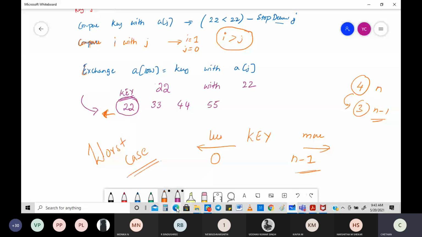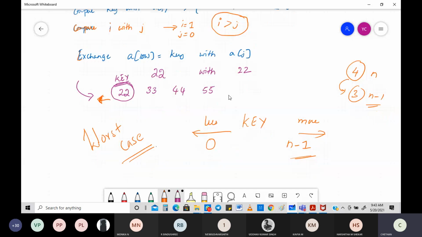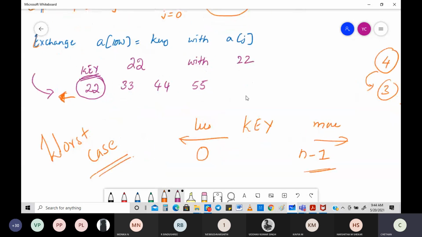This is the most important part. Based on this, we need to figure out the time complexity. Now you understood that the key element is not at all moving towards the center. It is already towards the side only. Why? Because that itself is a smaller value. Why do you think this will happen? When you have elements which are in order, ascending order, descending order, like that.